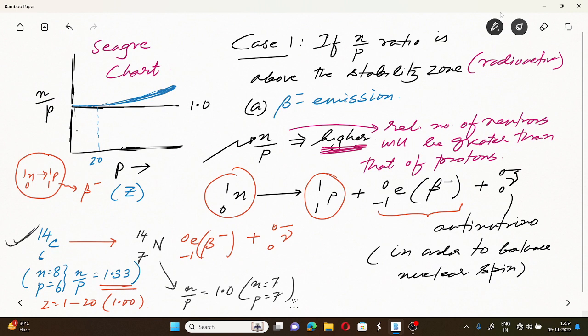তাহলে আমরা প্রথমটা দেখাচ্ছি যে n by p রেশিও যদি above the stability zone হয়, it can lead to beta emission, beta minus emission। আরেকটা example দিই দেখো, suppose if you look at 141 barium 56, 141 barium 56, তোমার যদি মনে থাকে,